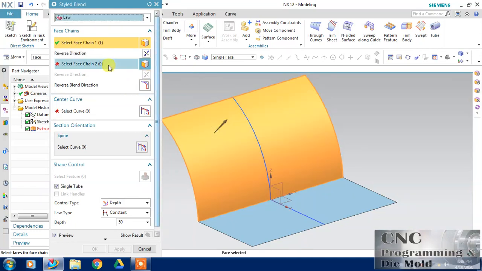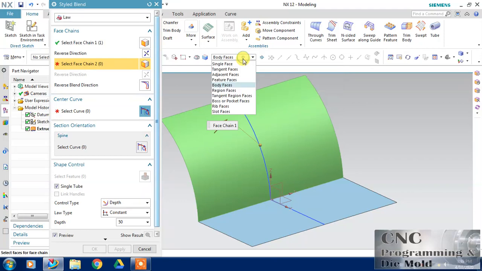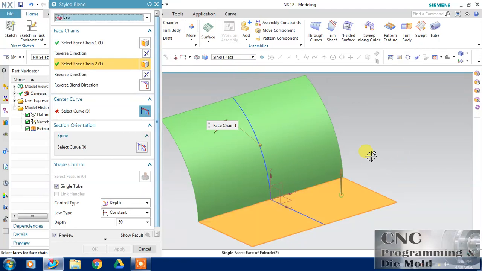This is my first surface. Select the second surface. You should be very careful while selecting this, because the second option, this face option, must be a single face. Only one face must be selected, otherwise this style blend will not work.